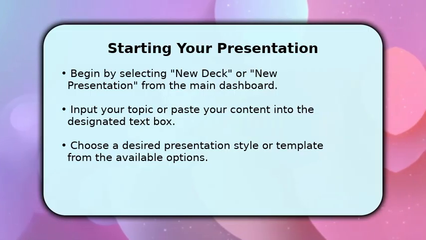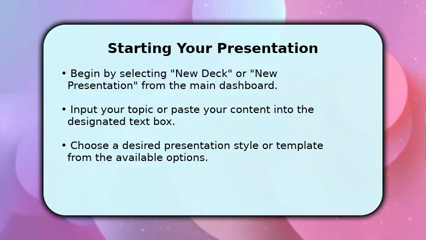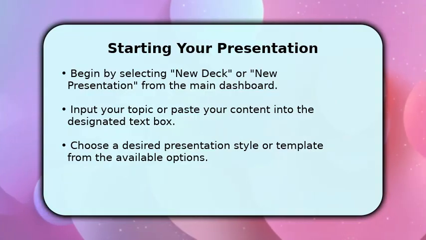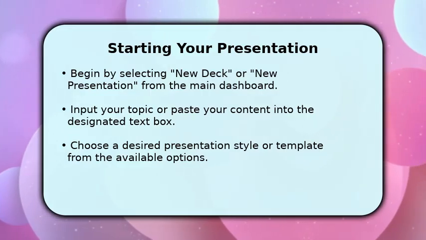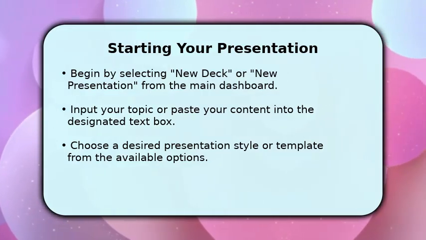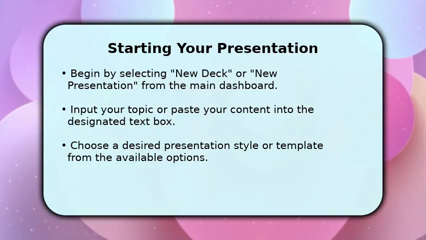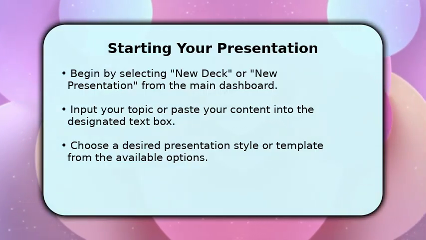To begin, simply navigate to the Gamma AI dashboard and select the option to create a new presentation. You will then be prompted to enter your topic or paste your existing content. Gamma AI will analyze your input and suggest various layouts and designs. You can also choose from a wide array of pre-designed templates to kickstart your creative process, ensuring a strong foundation